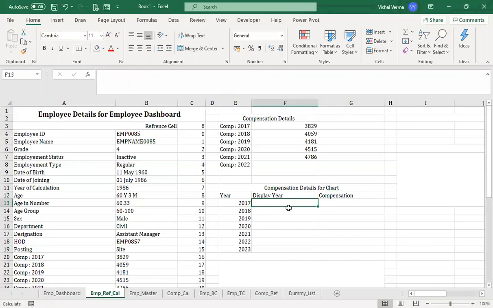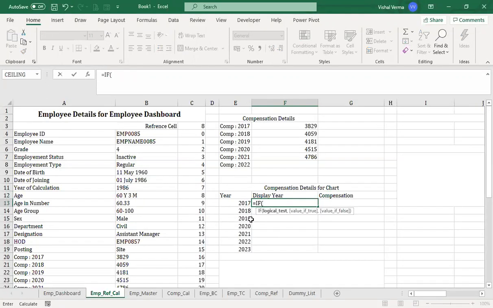Now for the display year, since this year is 2020, we do not want the display of any year beyond this particular year to come up. So what we can do is use the IF function.